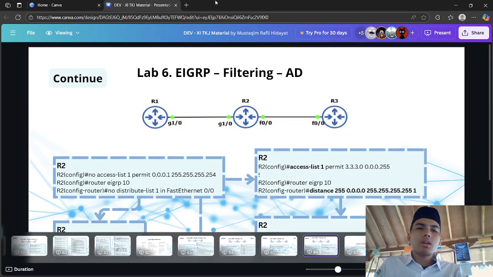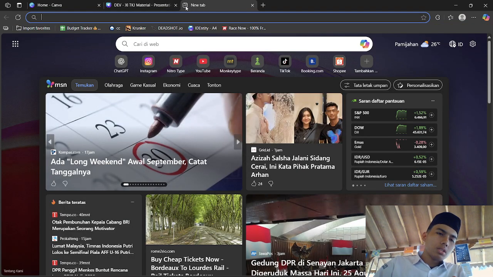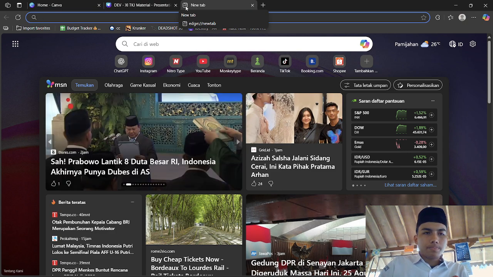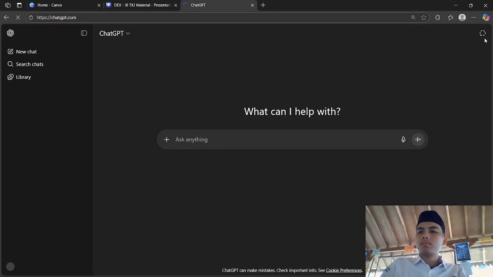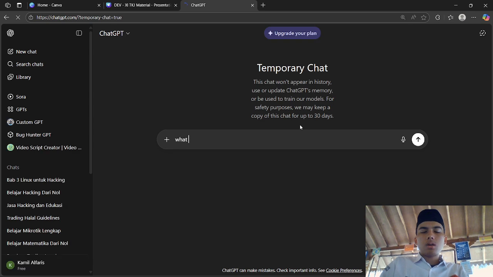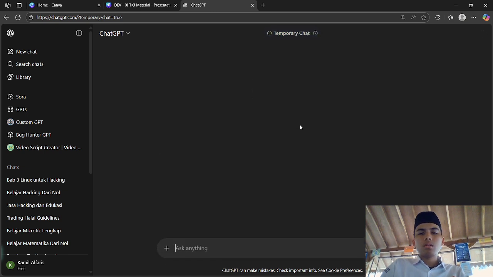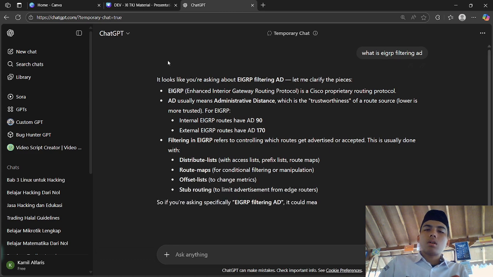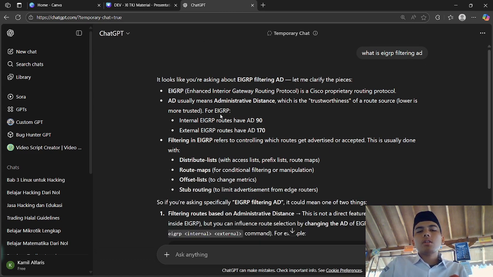EIGRP filtering AD. What is EIGRP filtering AD? AD, as I said before, usually means administrative distance, which is the trustworthiness of a route source.